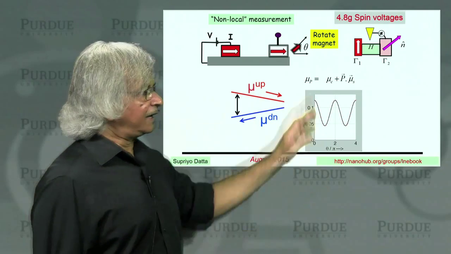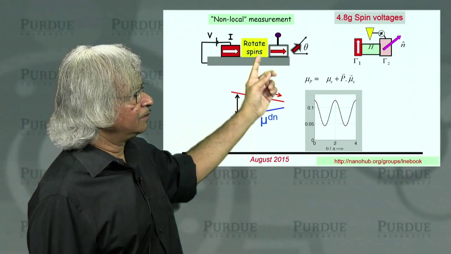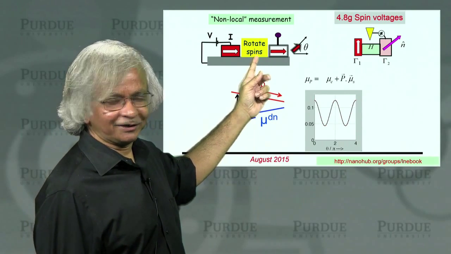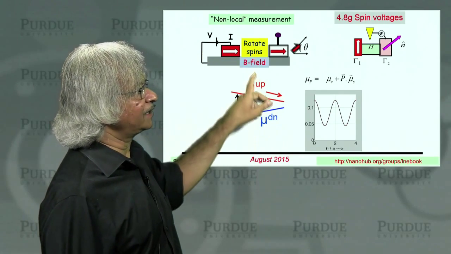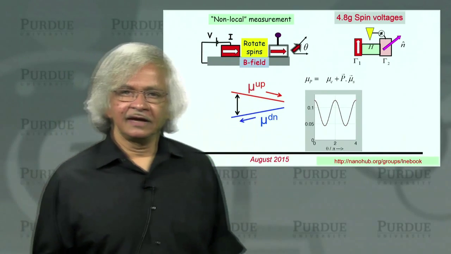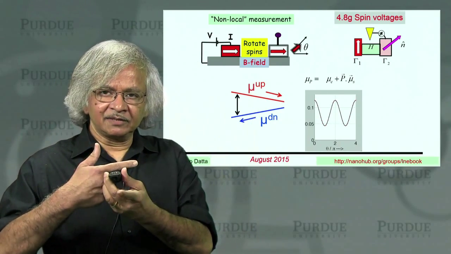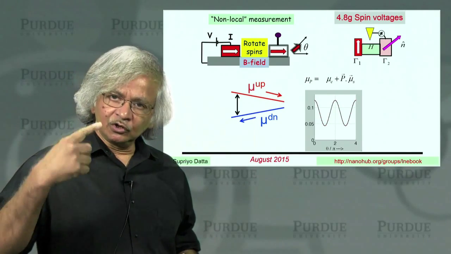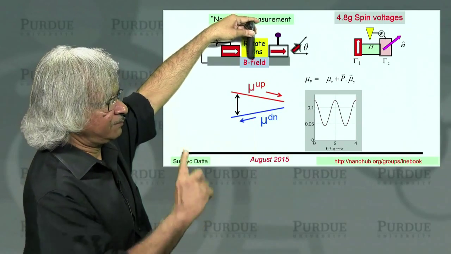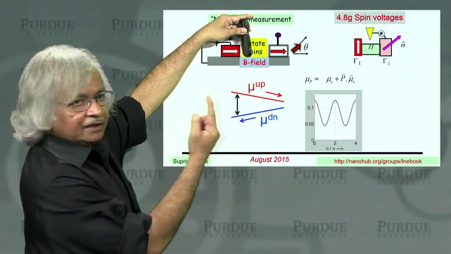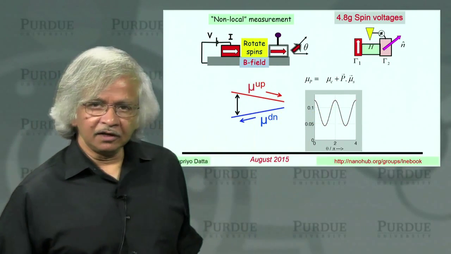In fact, another way to do this measurement is, instead of rotating the magnet, you could make the spins rotate as they propagate. Because here you have lots of spins in this direction, but if you put a magnetic field here, then you would have this Hanle effect. Anytime there's a magnetic field, the spin wants to rotate around that magnetic field. So if you put a magnetic field in this direction, for example, the spins would rotate in the plane. And that again would give you these oscillations, which people have observed.